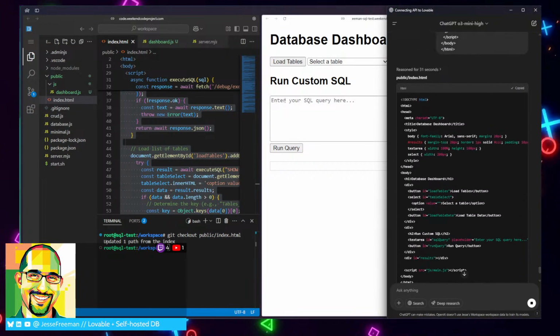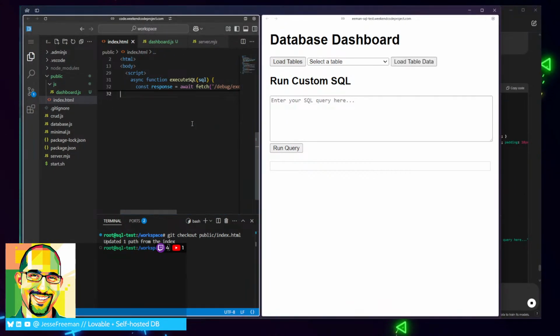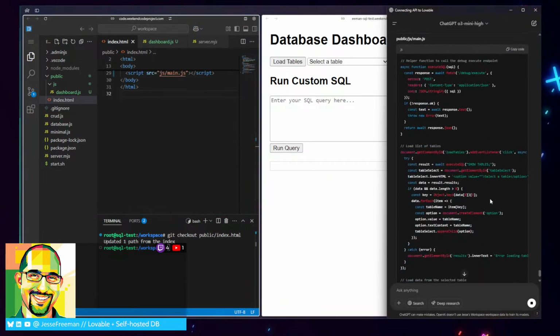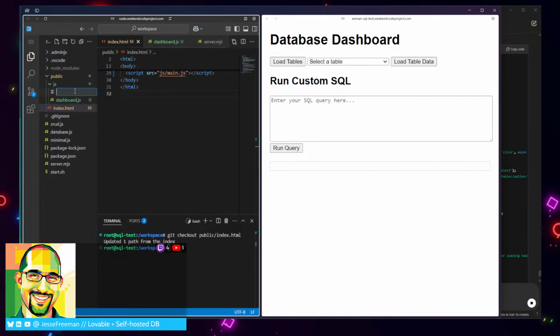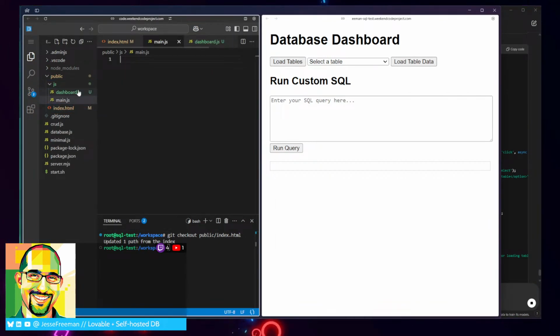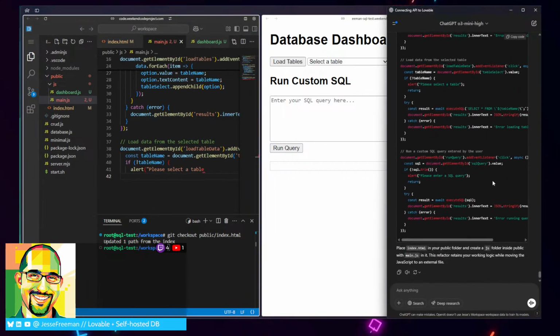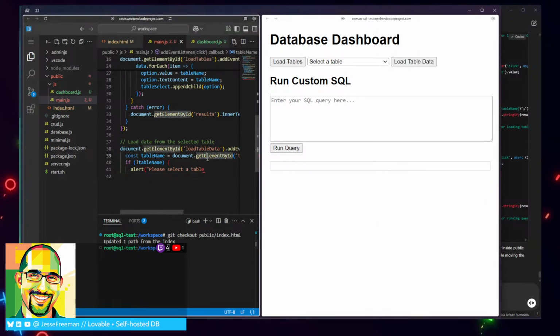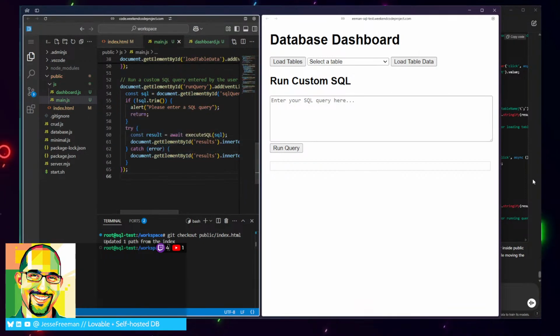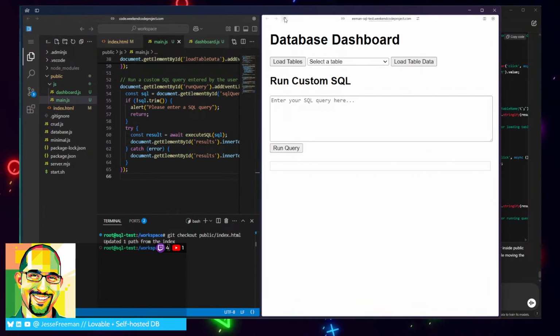All right, so let's try it a different way. We're going to paste in this HTML. We are going to create a new main.js file. We're going to paste this here. Oh, I don't think it finished writing it all. All right, let me copy this again. And now, if I rerun this,